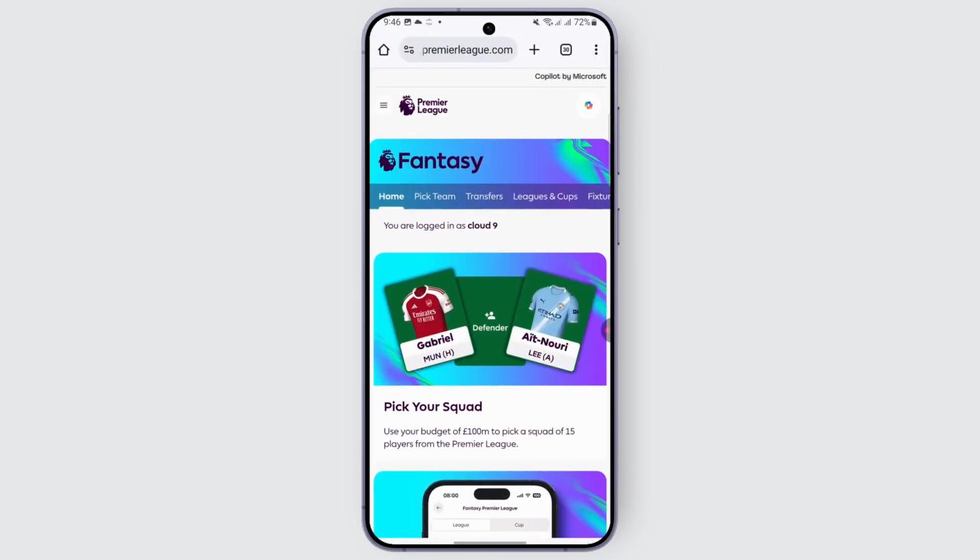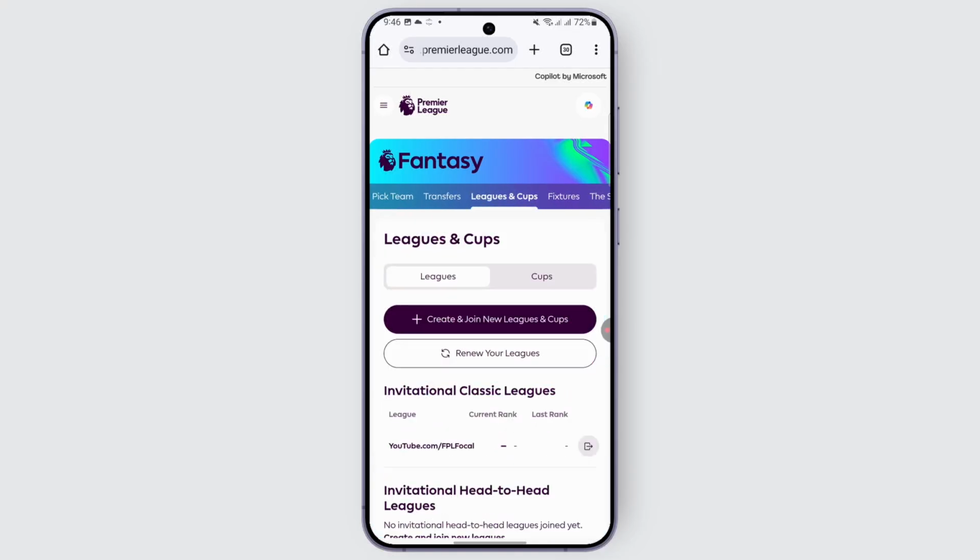If you would like to leave a league on Fantasy Premier, in today's video we will be showing you how. So once you are in the FPL screen like this, if you're on the website or the application, you may look out for the section, navigate towards the option called Leagues and Cups section. On the website, it is right beside the transfers. You can tap on that Leagues and Cups tab, and here it will show you all of the leagues that